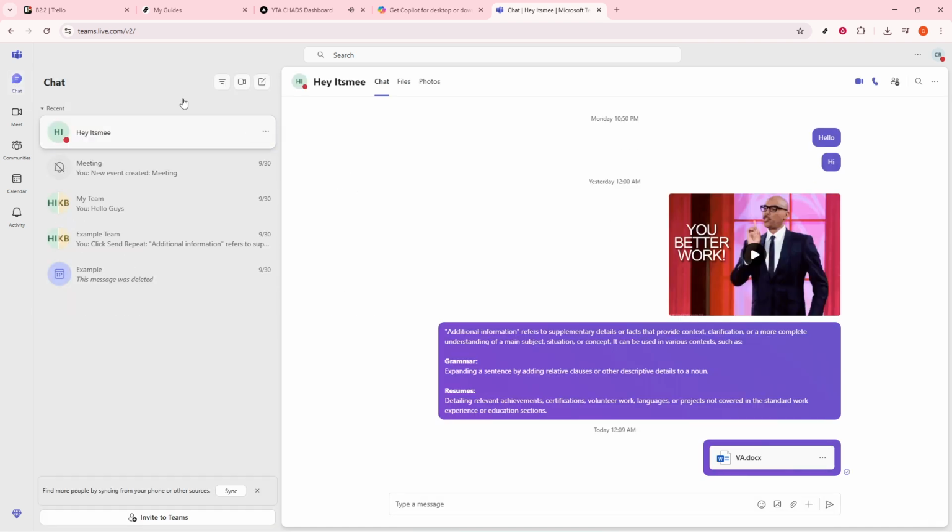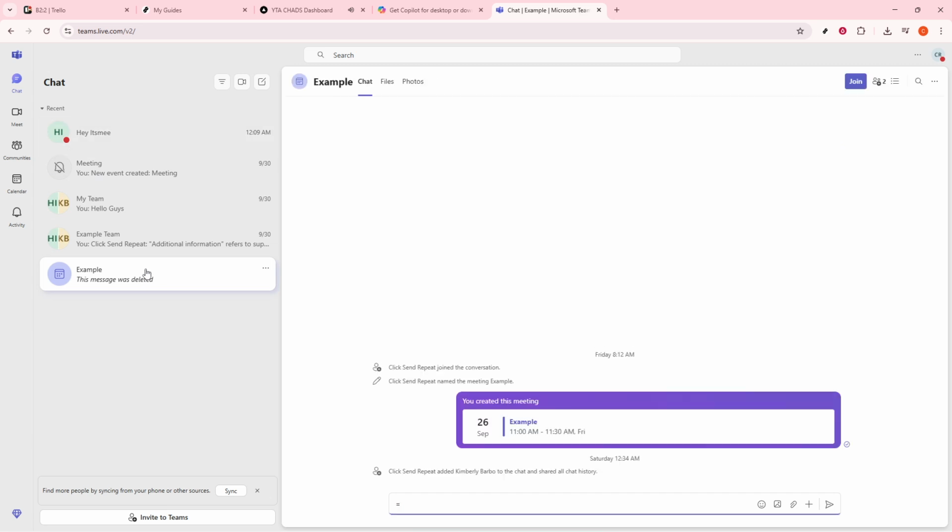And there you have it. By following these steps, you can efficiently add Read AI to your Microsoft Teams and start benefiting from its meeting summarization capabilities. Thanks for watching, and I hope this guide helps make your digital workspace a lot more